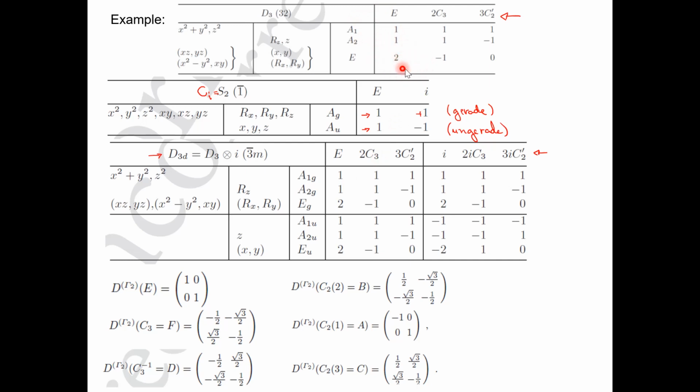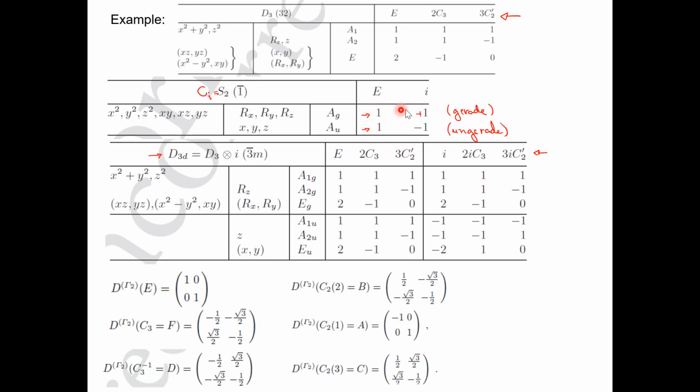For the D3 group, if you remember, you have used this as an example many times. We have constructed the matrices for this E representation, for the 2D representation. And these are for the identity and for the C3 rotations, and this for the C2, the 3 C2 prime rotations. Okay. So if I want to construct now matrix representations for EG and for EU, again I have to